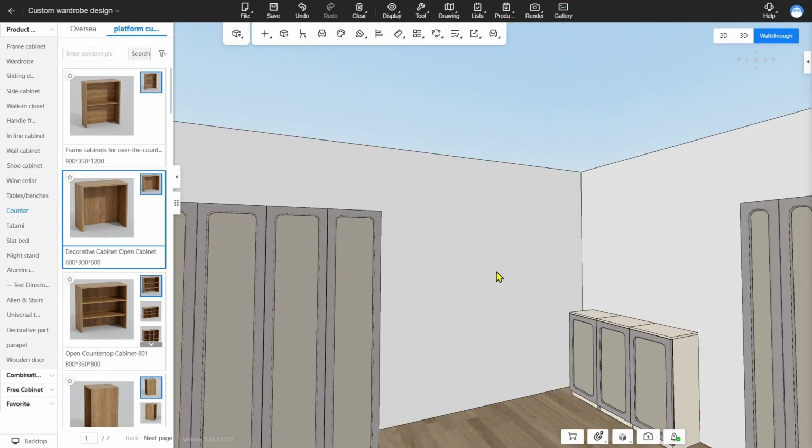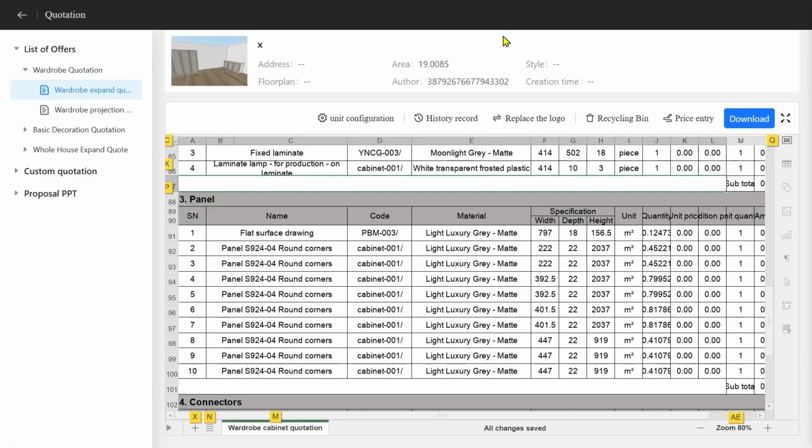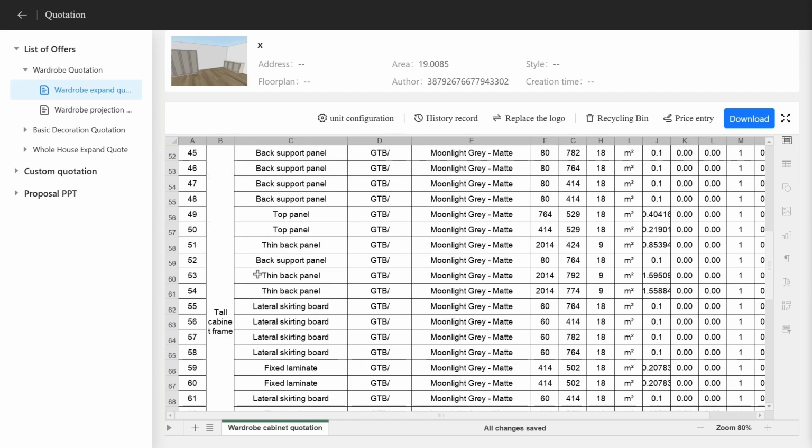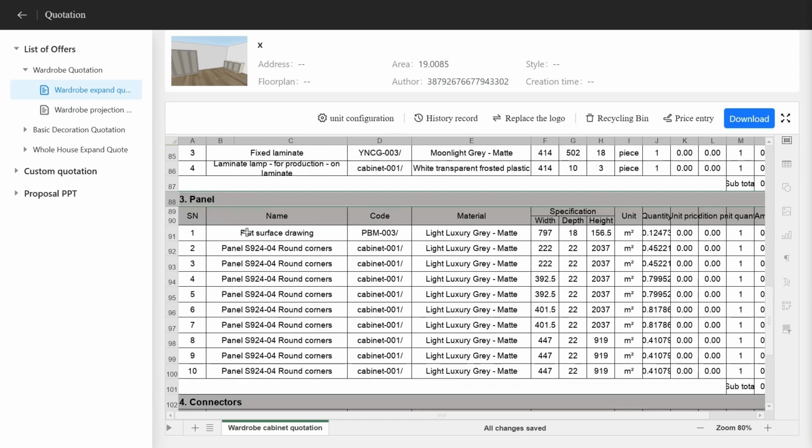Like now you want to confirm whether all the doors are the same type. You can come to here, the list of quotation. In the quotation part, you can come here to see the wardrobe quotation. The first is the unit. And scroll down, here is the panel. You can come here to check all the panel names and their materials to confirm whether they are the same